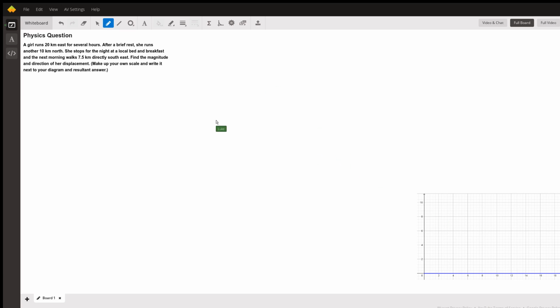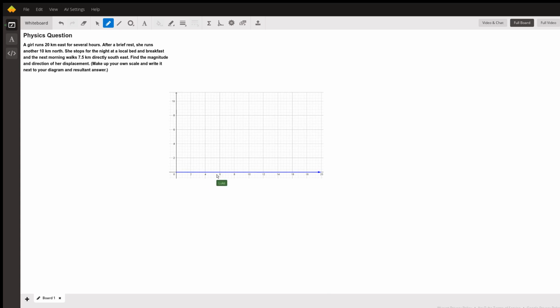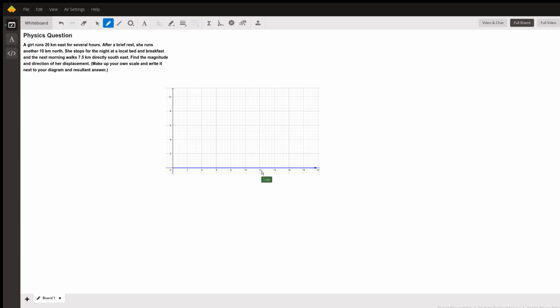So what you would start out with, I did this on an actual graphing program. You can do this on your own graphing paper with some sort of written scale. You could try one block for every kilometer, or 2 blocks, or one block for every 2 kilometers. Make that kind of easy. But the first step is you'd go from zero straight out 20 kilometers in whatever scale that you have